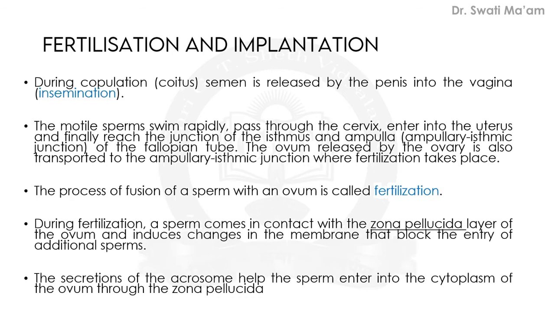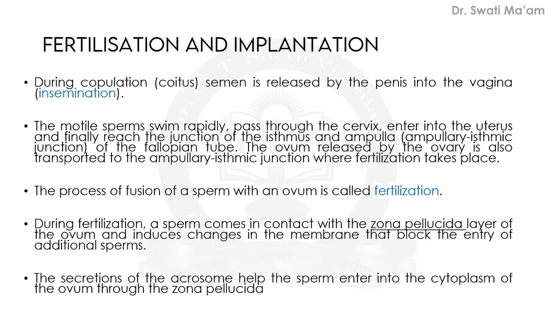Now, during fertilization, some important events take place. When a sperm comes in contact with the outer layer of the ovum, known as the zona pellucida, it induces changes in the membrane that block the entry of other additional sperms. So only a single sperm can enter, and physiological changes occur which do not allow any other sperm to enter the ovum. The secretions of the acrosome help the sperm enter the cytoplasm of the ovum